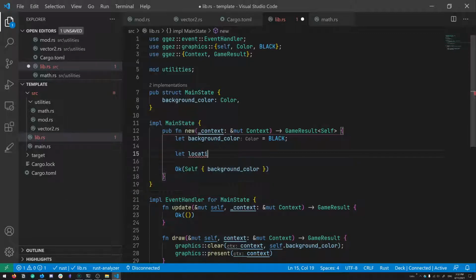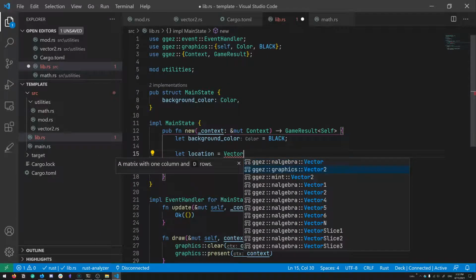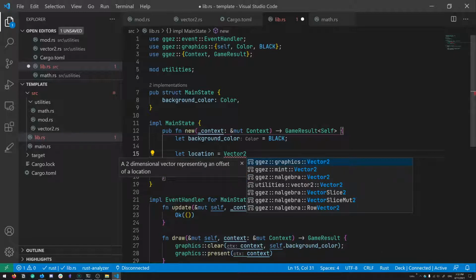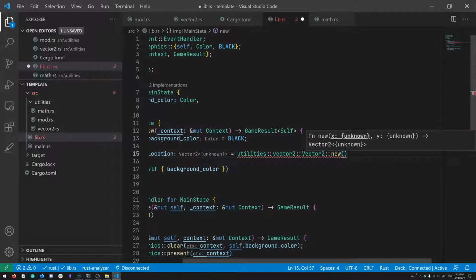So let's just say we have a let location equals a Vector2. This is going to be our utilities, Vector2, new. And it wants whatever types that we throw into it. So let's say we do something like